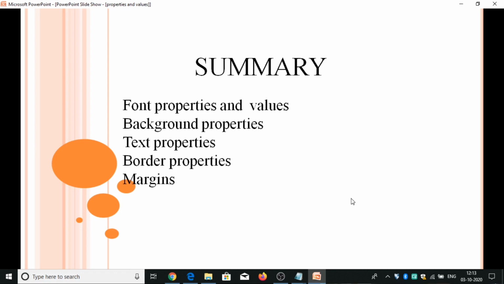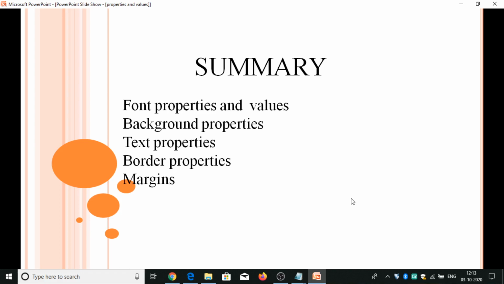Image can be repeated either in x-axis and y-axis, and the text properties like alignment, color, decoration, transformation and indentation. And for transformation we use either uppercase or lowercase values. Alignment properties align either center, left, right. Color can be assigned directly by color name or hexadecimal value or RGB value.